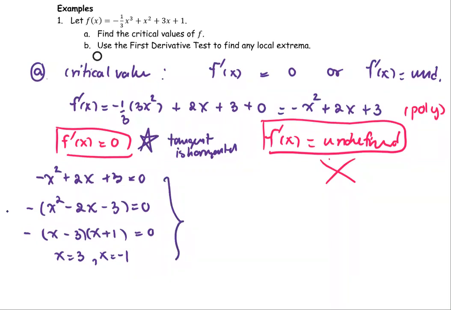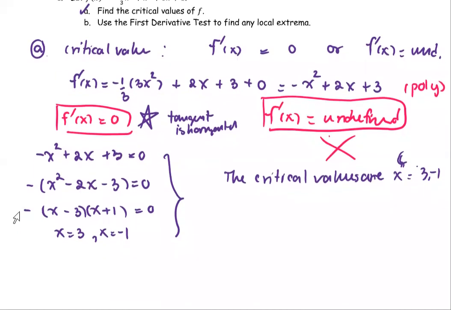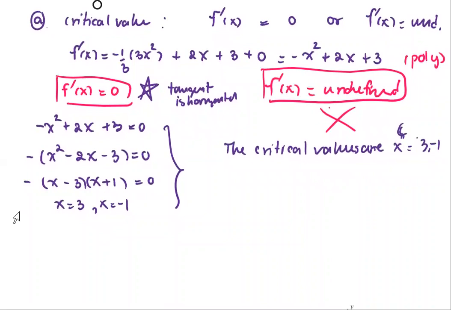With this step, we can say that the critical values, we have two of them, are x, which is the c value, equals 3 and negative 1. So we got two numbers. Part A is done. Next, in part B, we're going to use the first derivative test to find the local extrema. For part B, the first derivative test said